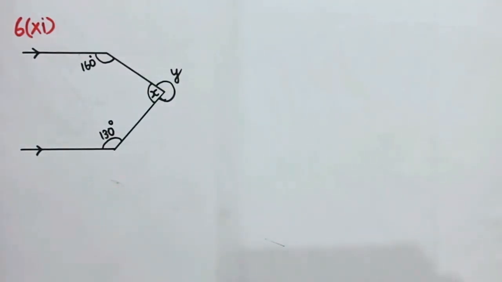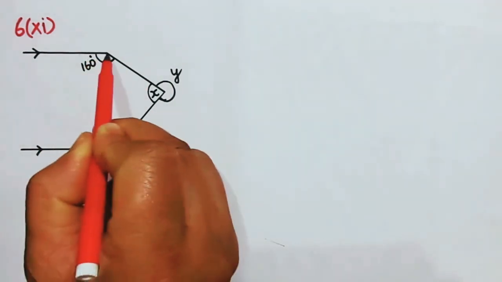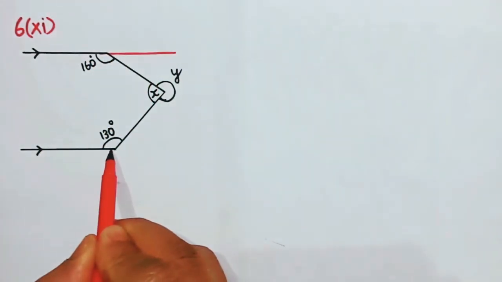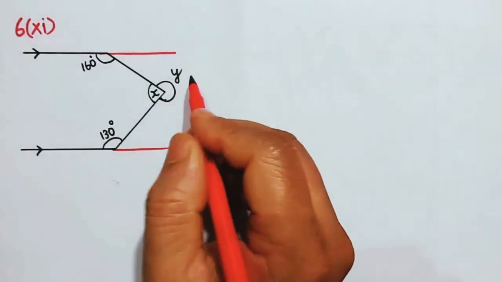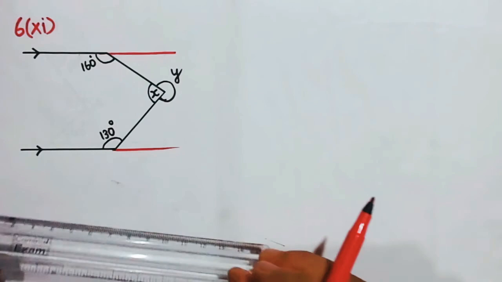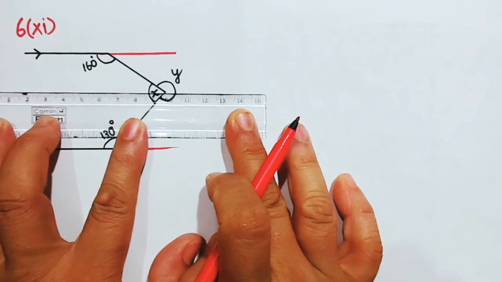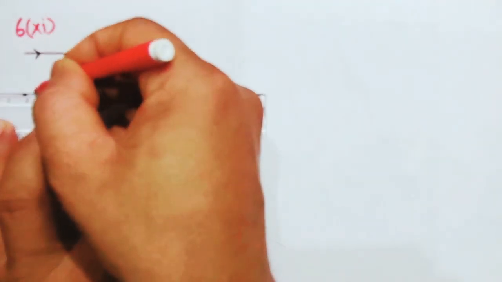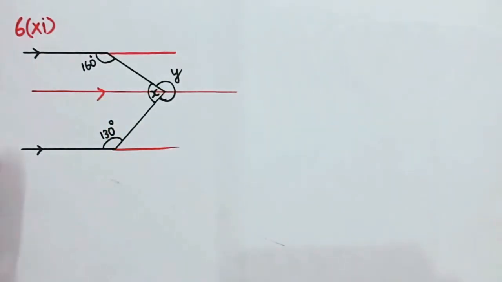Oh my God, here again this is a different one, and here these two lines are parallel. Have a look, these two lines are parallel. They want us to find out y as well as x also. What I am going to do, why not draw a line, construct a parallel line equal to the other two parallel lines, isn't it?